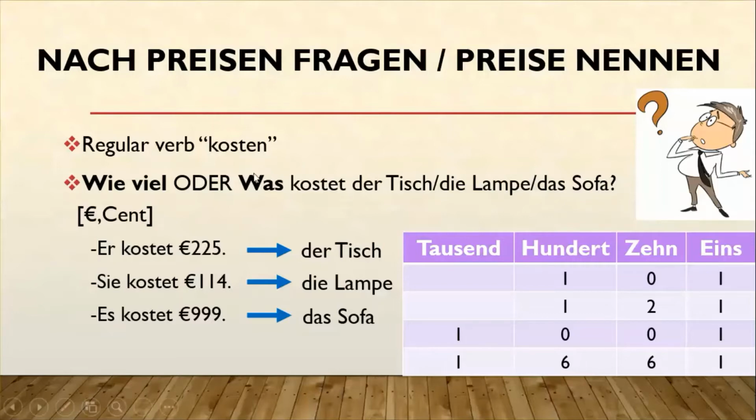Or you can ask with the question what. Was kostet der Tisch? Was kostet die Lampe? Was kostet das Sofa? And the answer will be either by mentioning der Tisch kostet, die Lampe kostet, das Sofa kostet, or